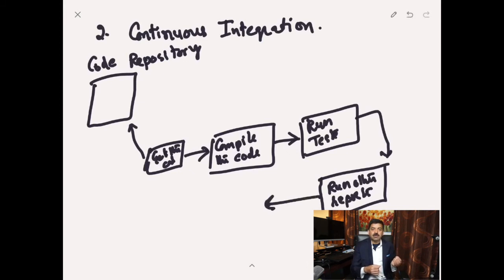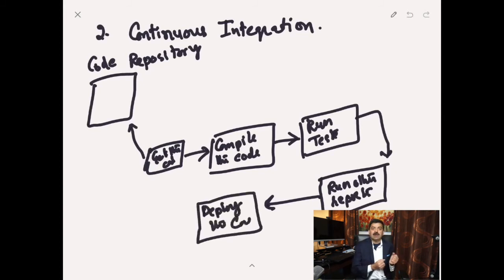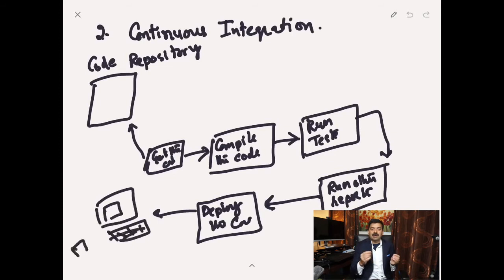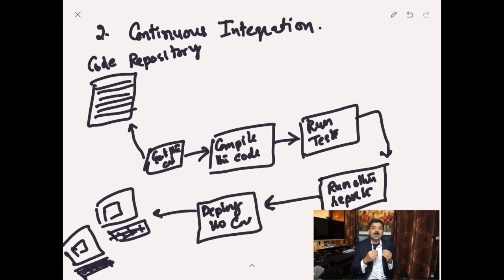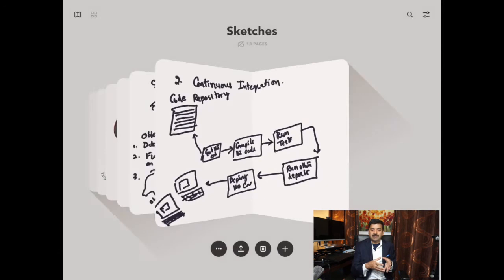In continuous integration, there are certain steps. You take the code from source control, compile it, run tests, run some reports, and then deploy it on the dev server, QA server, and test servers. One of the best things about continuous integration is that somebody else can set it up, so you don't have to pull your developers away. This is one agile engineering practice that is easy to implement and will make sure your code in source control is clean and compilable, and that you are integrating at regular intervals.